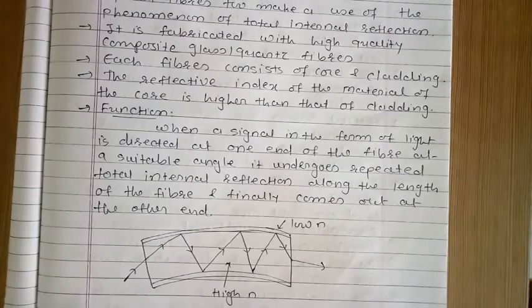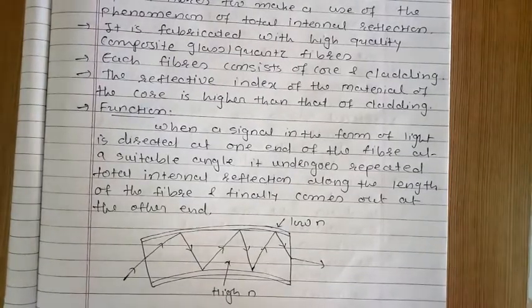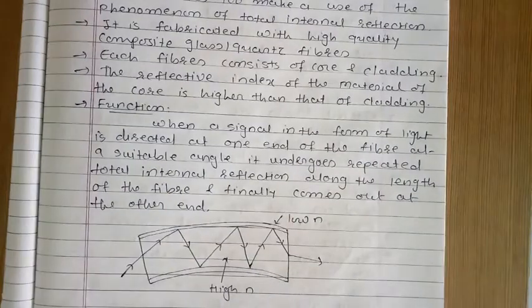Now the question arises in your mind, how can we get an electrical signal? We already know that light can be converted to an electrical signal by the use of a transducer, because we discussed that a transducer is a device which is used to convert one form of energy into another form, right? So we can use optical fiber to transmit or receive the electrical signal.